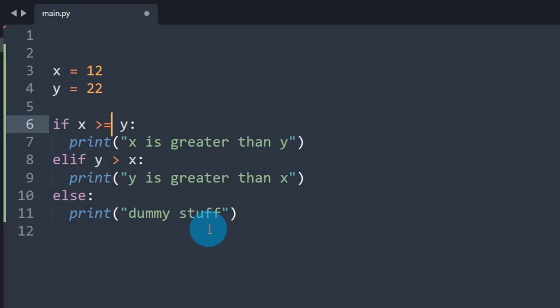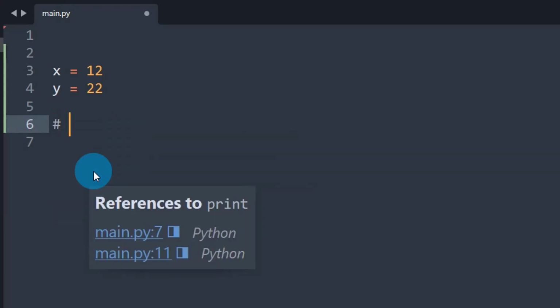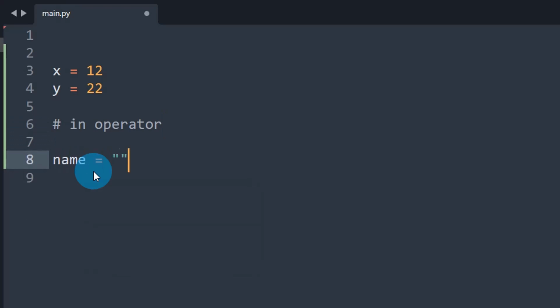Next we'll try to cover the in operator. Okay, let me remove this code. What is the in operator? Say we have some string, name equal Suhas. I want to write a condition to check if a letter exists in the name Suhas or not.